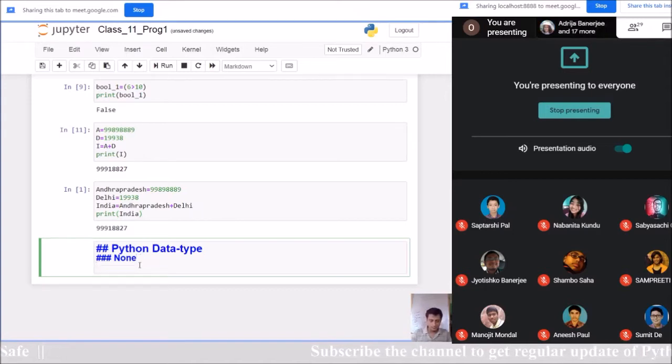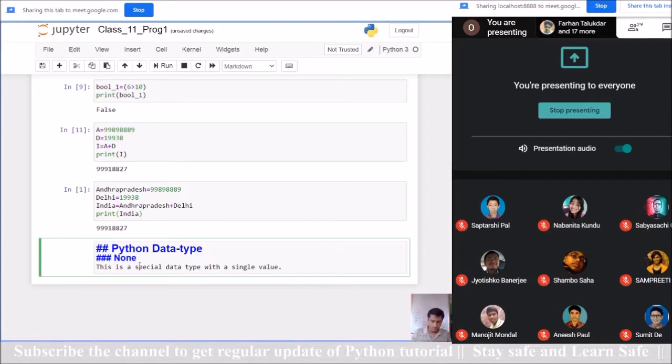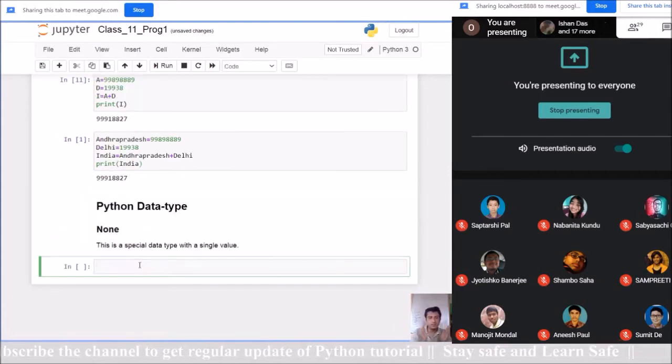So what is None? I am writing one line as a note which will help you. So this is our Python data type None, which is a special data type with a single value.